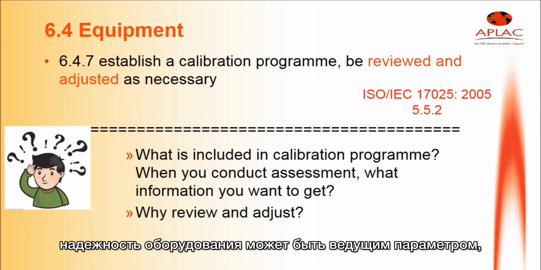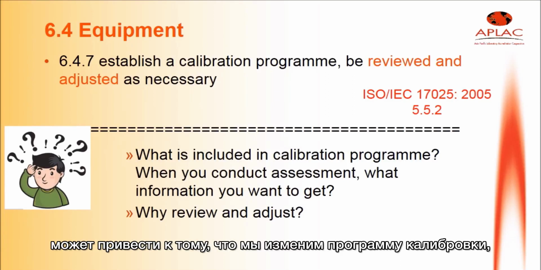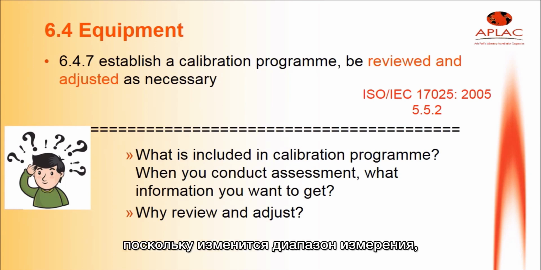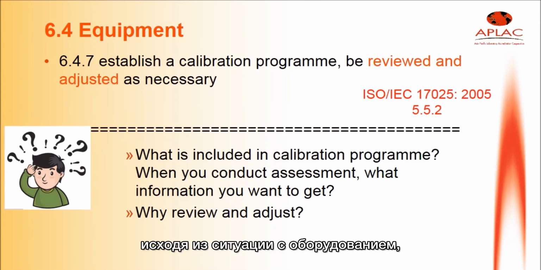Stability of the equipment may be deteriorating. Any change of the scope of the usage of the equipment may lead us to change the calibration program, because the measurement range will change and the parameters may be changed. So we have to review the calibration program based on the situation of the equipment, and also need to consider